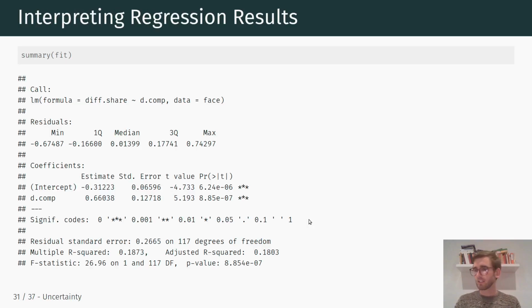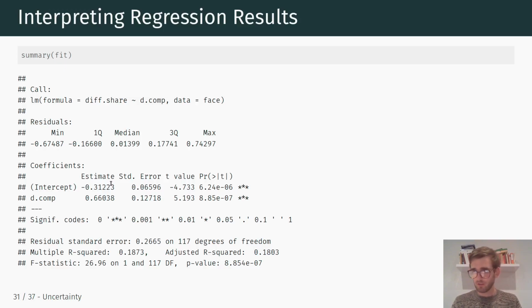But given this result, if the competence rating for the Democratic candidate was equal to 0, then the expected vote margin of the Democratic candidate versus the Republican candidate is around minus 0.31, so 31 percentage points in favor of the